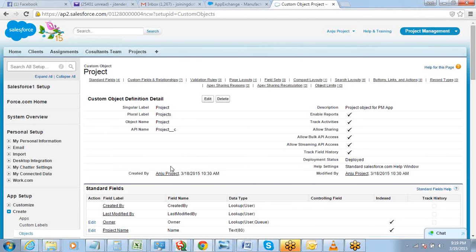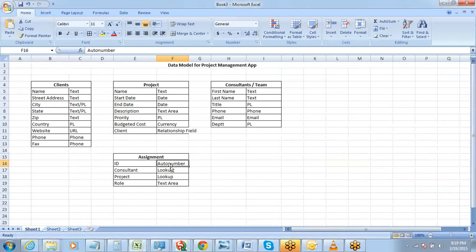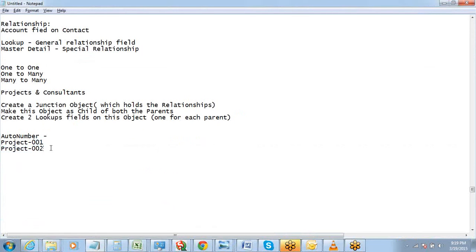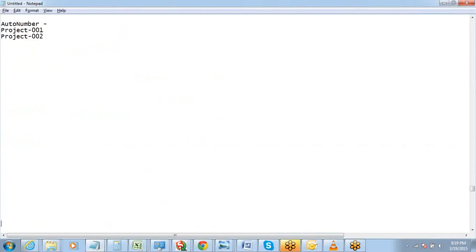All right. So we have talked about the data model. We have talked about how components are created. We are going to talk a lot more about these things. I just want you guys to work on a small assignment. In the last two sessions we have talked about the project management app.